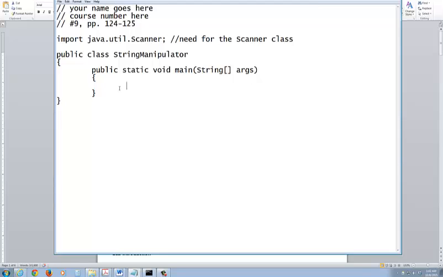Alright, so here's what we need to do in this problem. It basically wants you to write a program that asks the user to enter in the name of his or her favorite city. Use a string variable to store the input. The program should display the following. So when you look at this